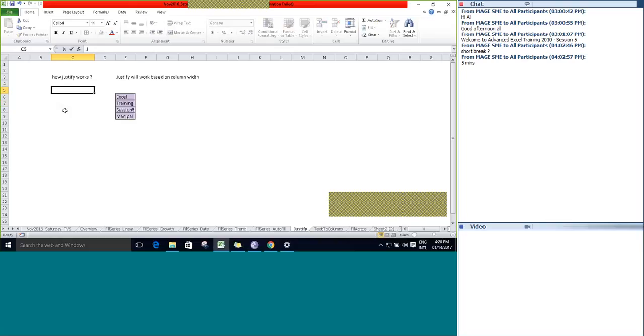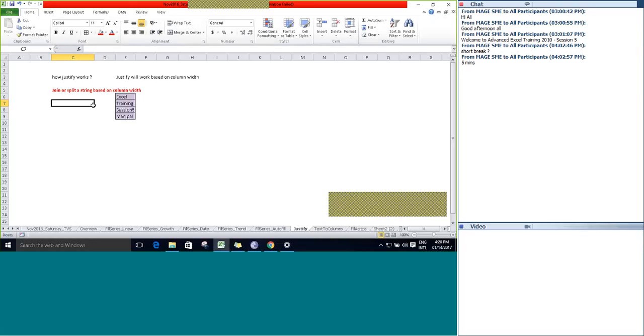Justify is used to join or split a string based on column width. Join or split a string based on the column width.